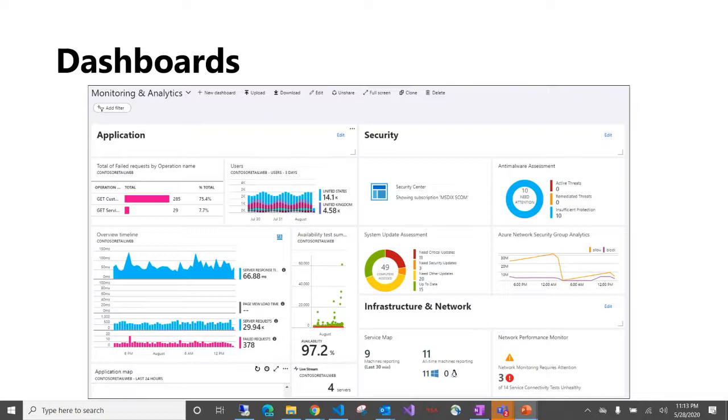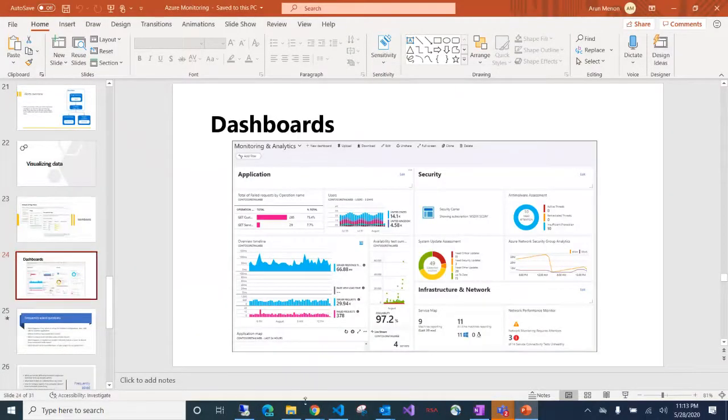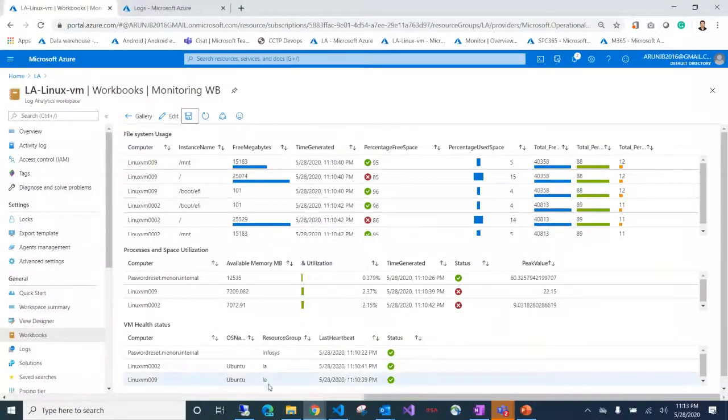As we have seen now, we have an application insight, we have a Log Analytics workspace, we have alerts, we have metric alerts, and we have a lot of other things available for an application and infrastructure. So we can just create a chart or a report, and on a click add it to your dashboard and make it available for everyone. I'll show you how you can create a dashboard very quickly.